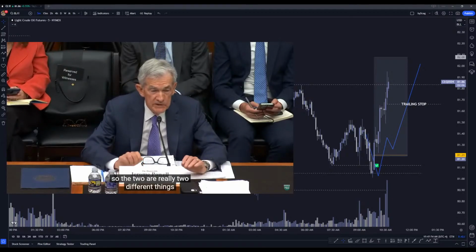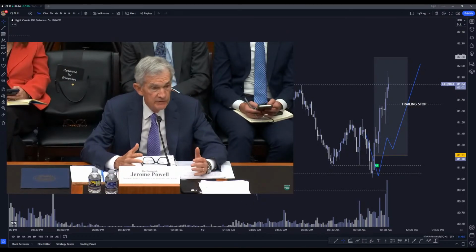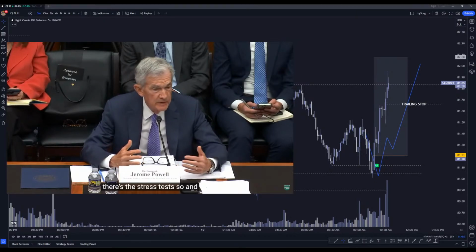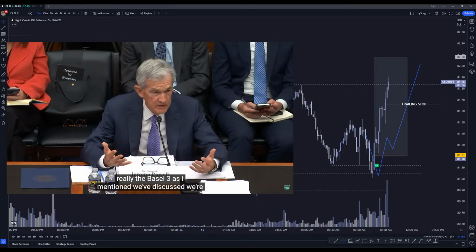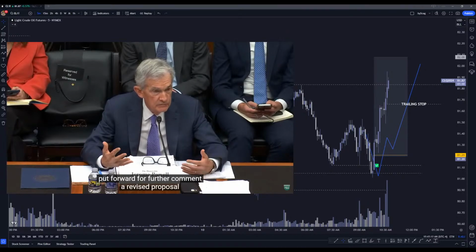So the two are really two different things. There's the Basel III capital proposal, and then there's the stress tests. And really the Basel III, as I mentioned, we've discussed, we're almost ready to put forward for further comment a revised proposal with material